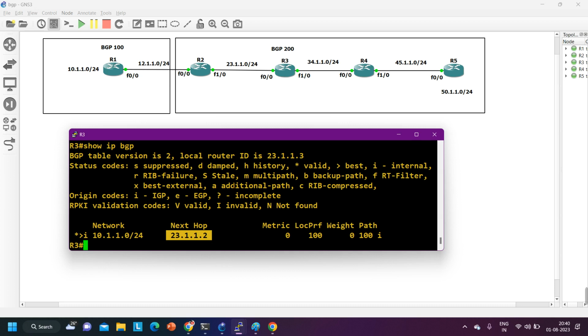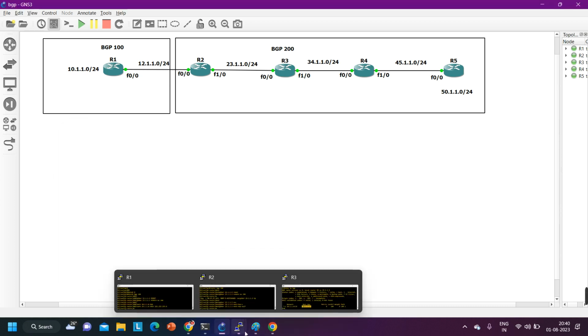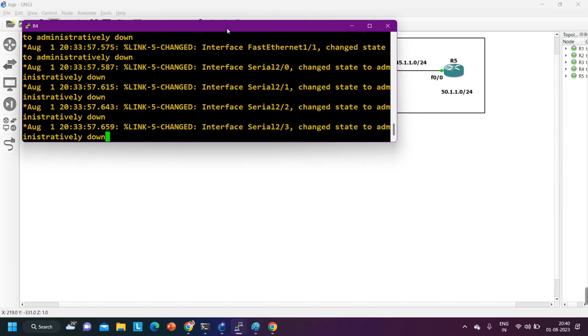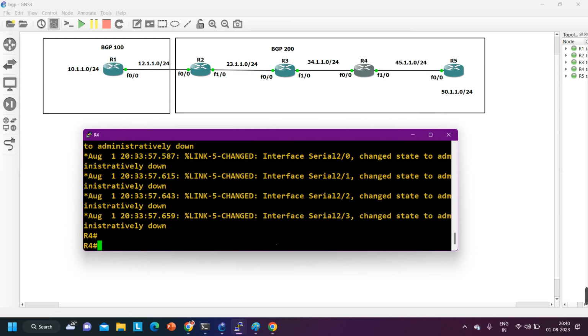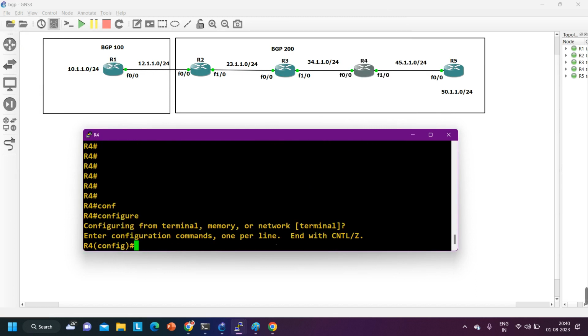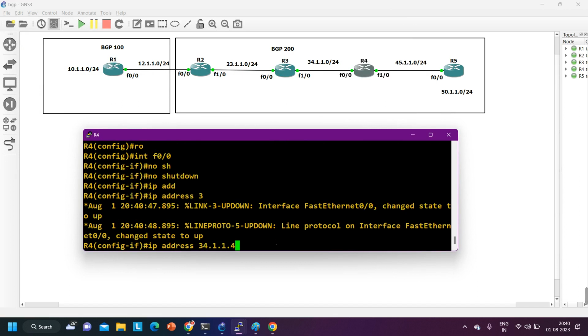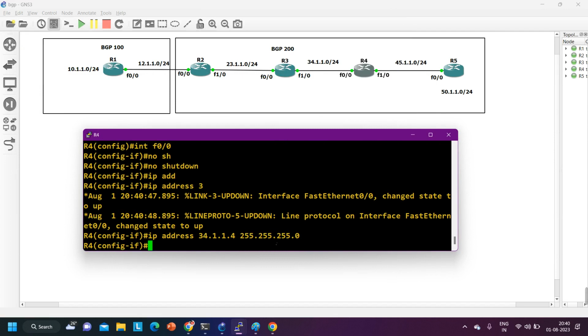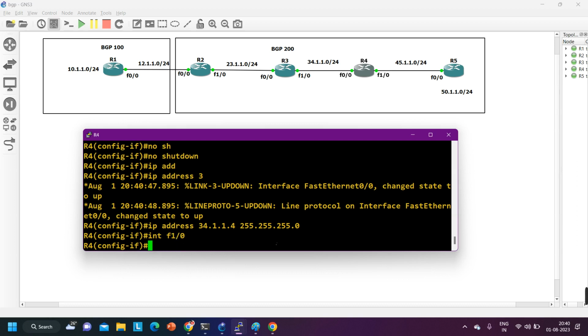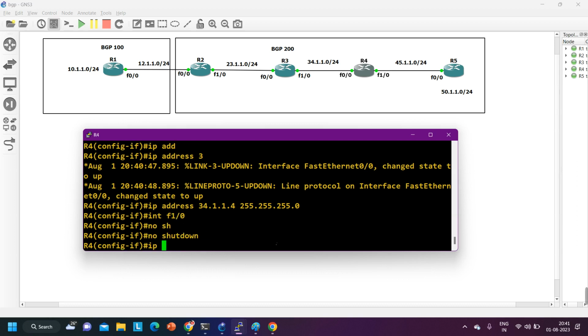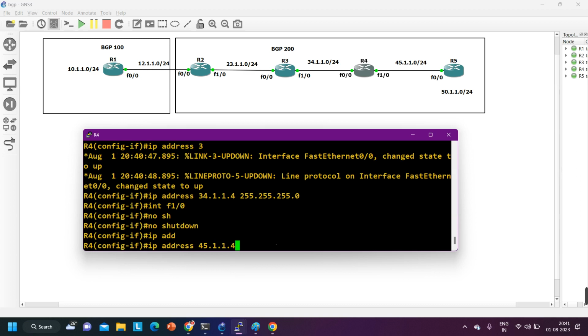Is it clear? Okay, now I am going to configure R4. When router 3 shares this network information to R4, which type of neighbor is R4 of R3? IBGP. So again it is not going to update the next hop IP address. Interface F1/0, no shutdown, and IP address is 45.1.1.4